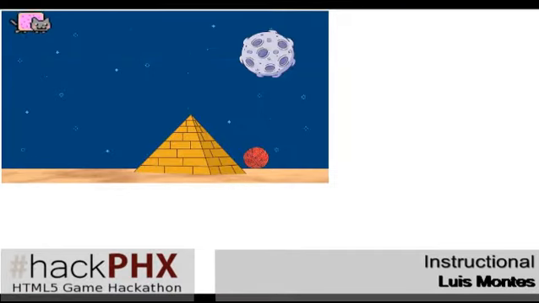Now, these other shapes, like this pyramid, are polygons. The moon here is a circle. But those shapes I'm not rendering. I just have a background image, and then I set up the shapes in my code and gave them to Box2D. So Box2D knows there's a pyramid here, but it's just the background image. Same with this circle here. This is actually another image that I'm painting on. But like I said, I give Box2D a circle, and it comes back with, okay, the circle is in this position, it's at this rotation, and I just handle that in my drawing. Let me show you just real quick the code here, and then we can get started hacking.